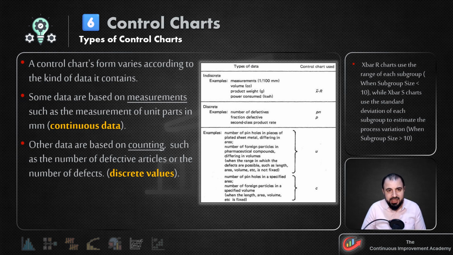So it's not necessarily that, for example, when we have 2 defective items, that means that we have in total 2 defects, but those two items can have 2 defects or 5 defects or 10 defects. So sometimes we want to monitor the number of defects so that we can understand the number of issues, not just the number of